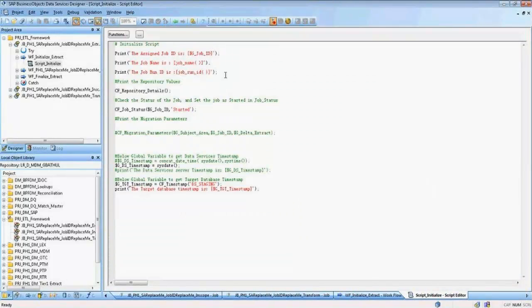In the initialization script, I have put very few parameters. It just prints the job ID, job name, job run ID, and then central, which is a custom function I wrote to display the repository details. If I run the job, you'll see it displays all the repository details, and then it will insert a record into a job status table, and it will print several other important variables, like the data services timestamp. You'd also see the target database timestamp,